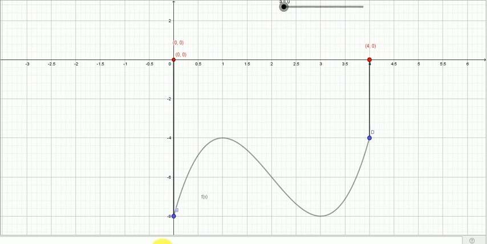In this interval we find that there is one value of x for which the function becomes maximum, and that value is 1. So in this interval [0, 4], x equal to 1 is the point at which the function becomes maximum. This x equal to 1 is called the point of maximum, and the value of the function there is said to be the maximum of that function in that interval.